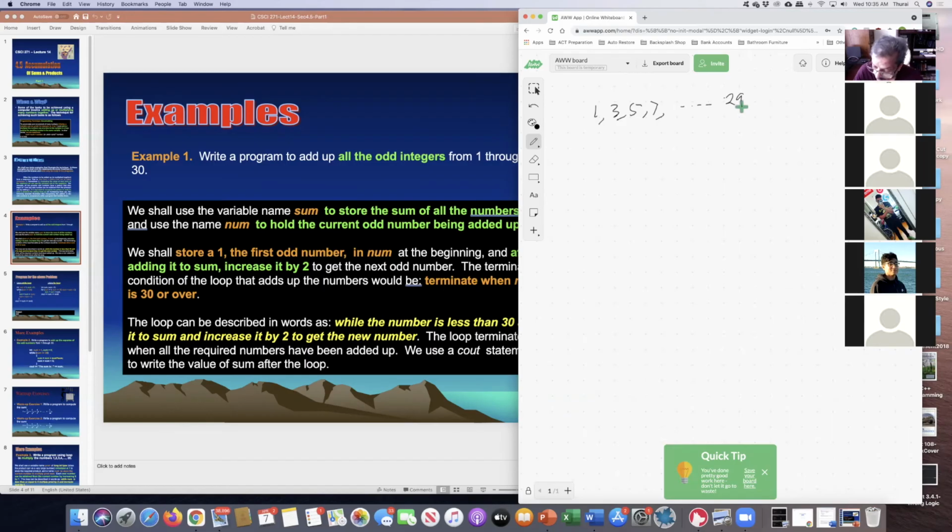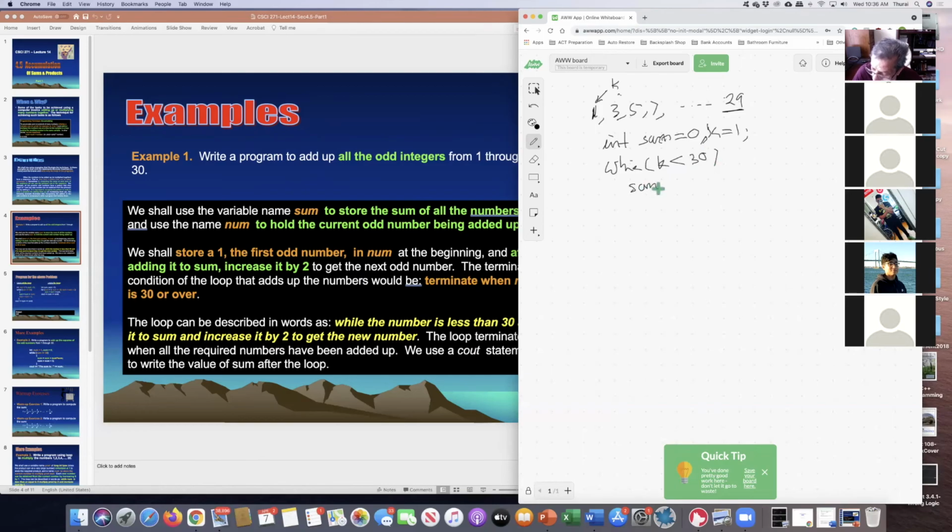So to add up all those, I need to declare they're all integers. So int sum should always be set to 0 before starting to add up. You need to have a variable holding these numbers. So I'm going to start k at 1. So comma k equal to 1. And then the loop control is going to be k has to go up to 30 or less than 30. So I can say while k less than 30,